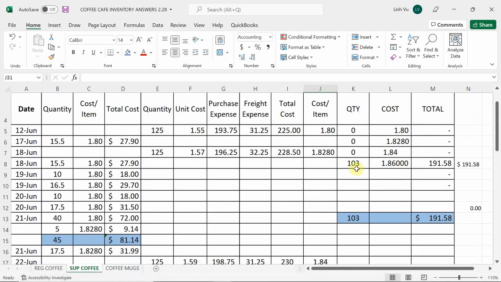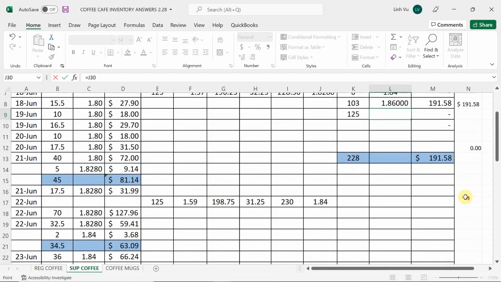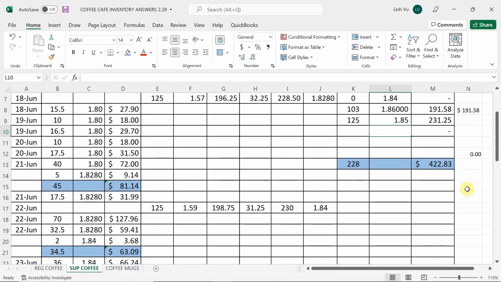Okay. So I'm going to plug in my numbers here. I have 125 pounds at $1.85. So that gives me a total of $231.25, giving me a grand total of 228 pounds at a total of